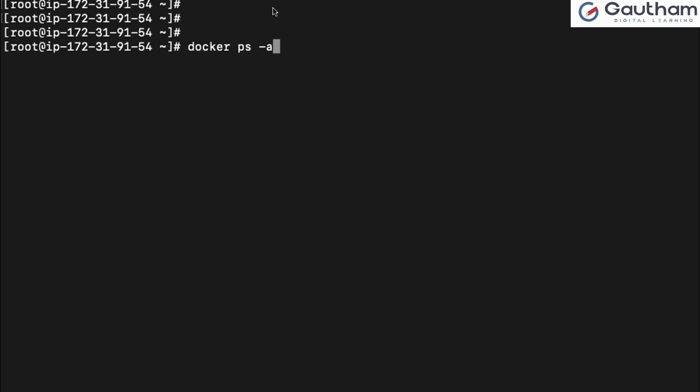Now tell me, if I give docker ps, it is not showing me any containers. But when I give docker ps -a for showing all the containers, it is showing me all the containers. What is the difference over here? You know,